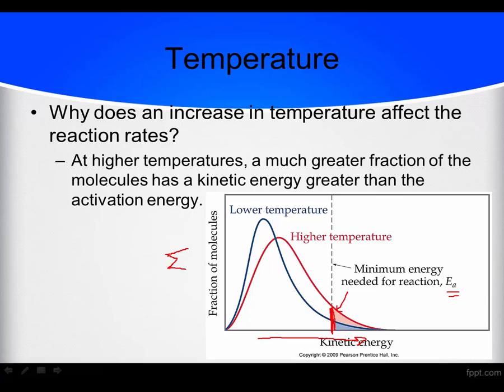This particular reaction that's in red here is representing a reaction that's at a higher temperature. So notice that the height of the activation energy line is higher. That means that more molecules wind up being able to react in a higher temperature. Notice this blue curve is representing molecules that are generally at a lower temperature. And by